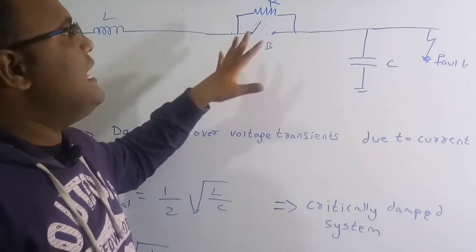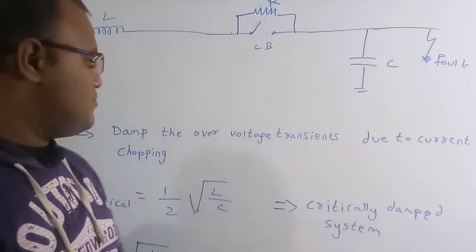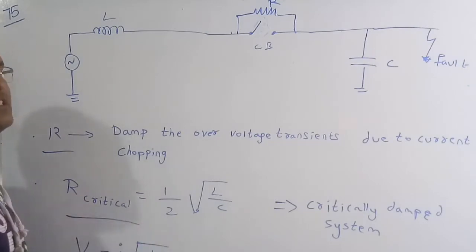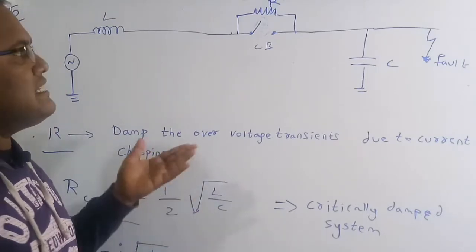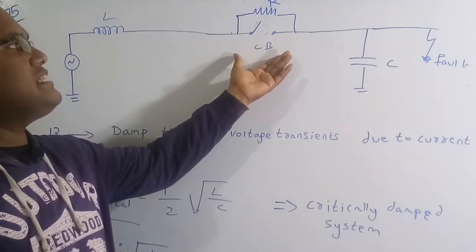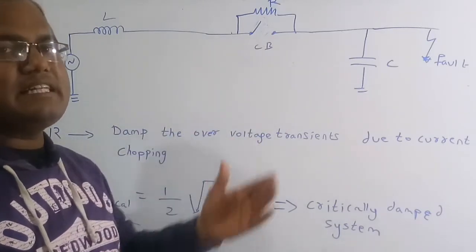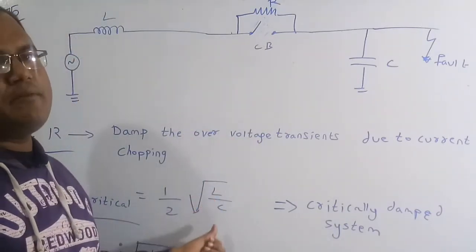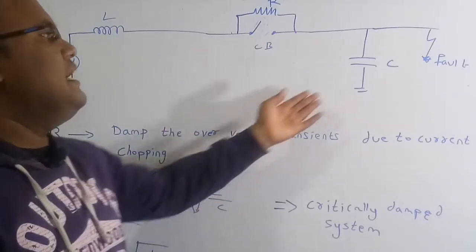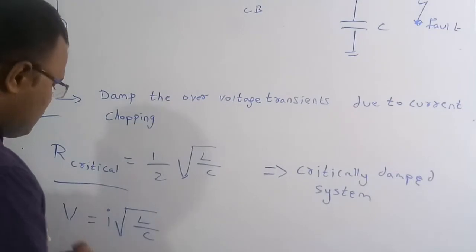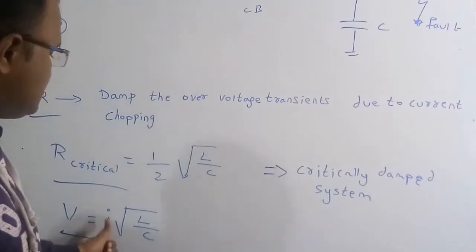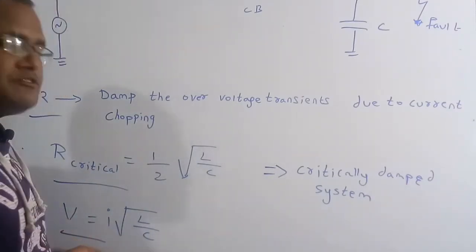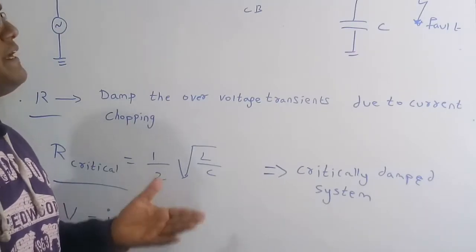So this is basically used in an air blast circuit breaker, or we can say an air circuit breaker. And if you want to know the critical value of the resistor, this much critical value we have to use in order to make it a critically damped system for the transients, where the restriking voltage across the circuit breaker increases in an exponential manner, which is 1 by 2 into under root of L by C, where L is the inductance of the line and C is the capacitance of the line. So if you want to know the voltage across the circuit breaker contacts, also called the switching voltage, it is I into under root of L by C. This is the voltage which is going to be induced across the contacts of the circuit breaker whenever you open the line. So now we are going to solve the 76th question.